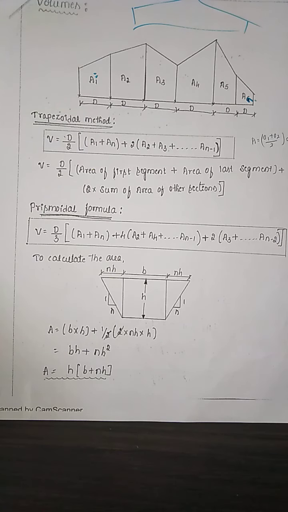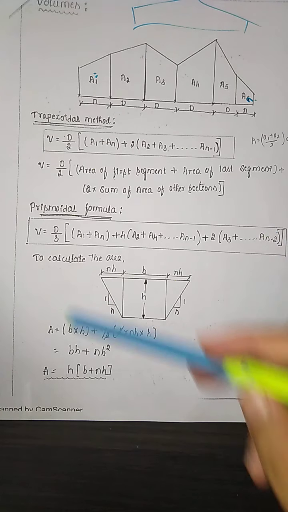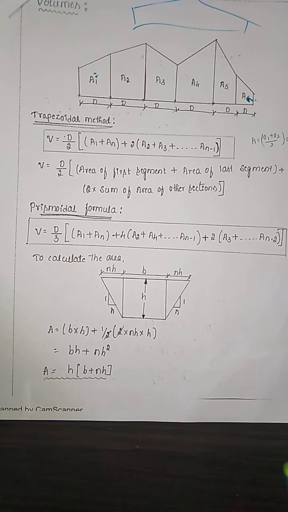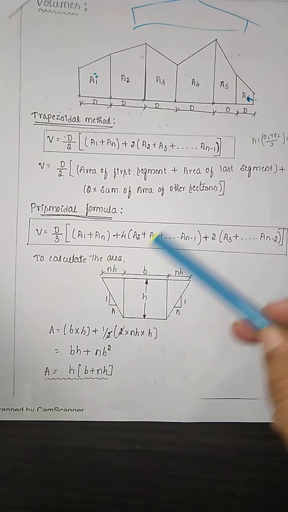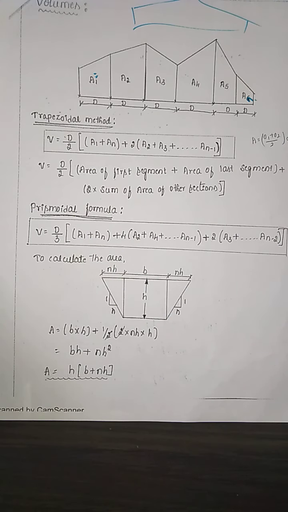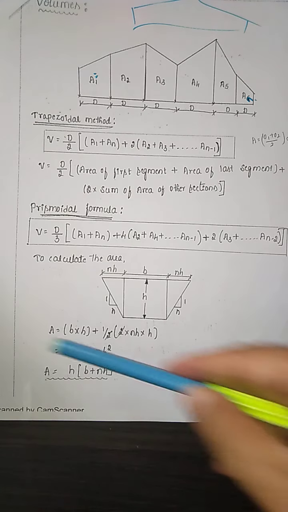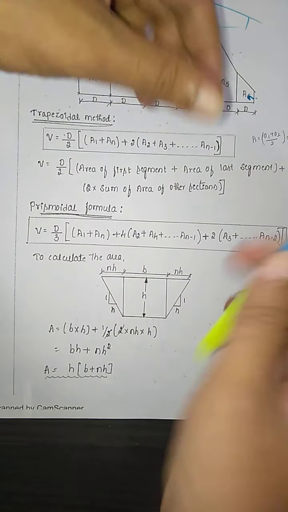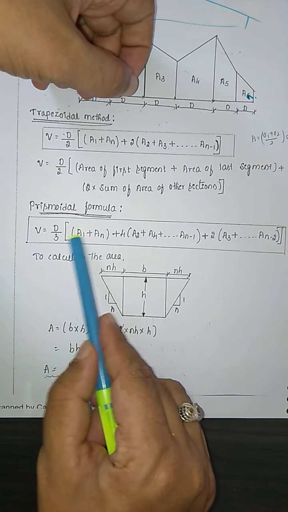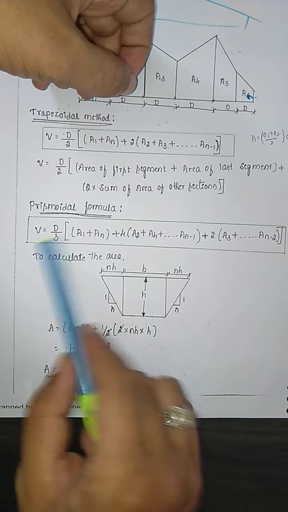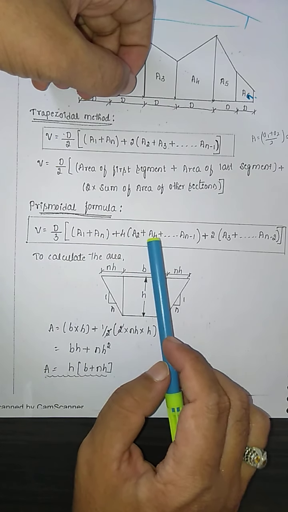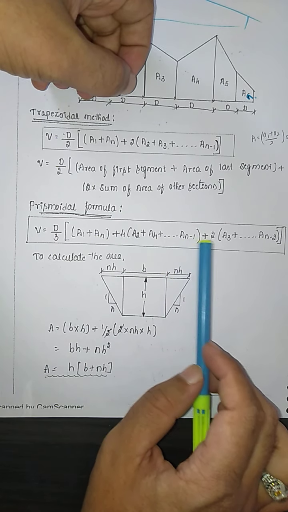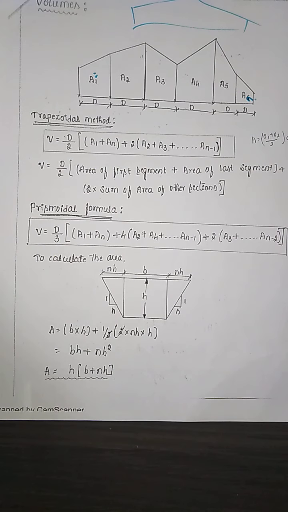Now, this formula you have already utilized in the prismoidal rule to find the area, but there you used the offsets. The similar formula was used in the area method to find the area, but instead of areas A1 and AN, you used the offsets O1 and ON, like 4 into O2 plus O4 plus so on up to ON minus 1. So it is very easy to remember this particular formula.